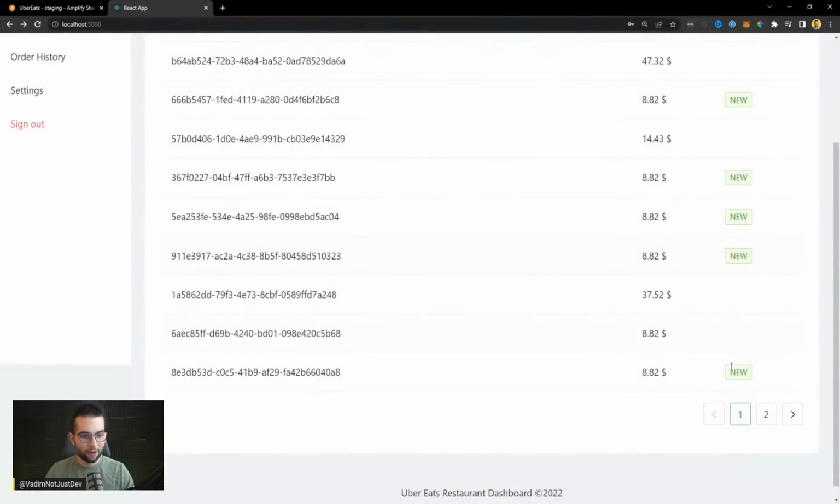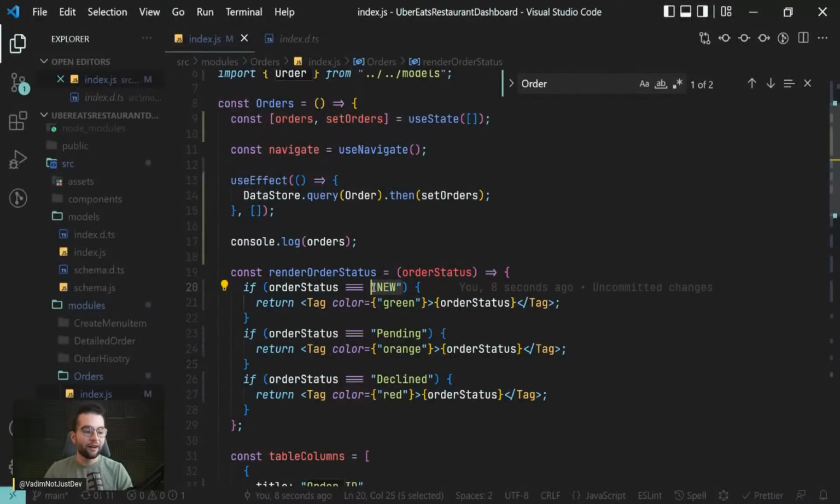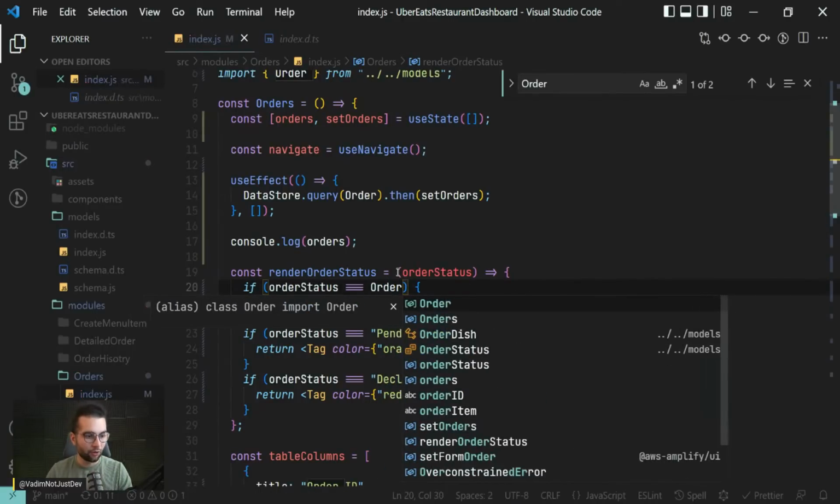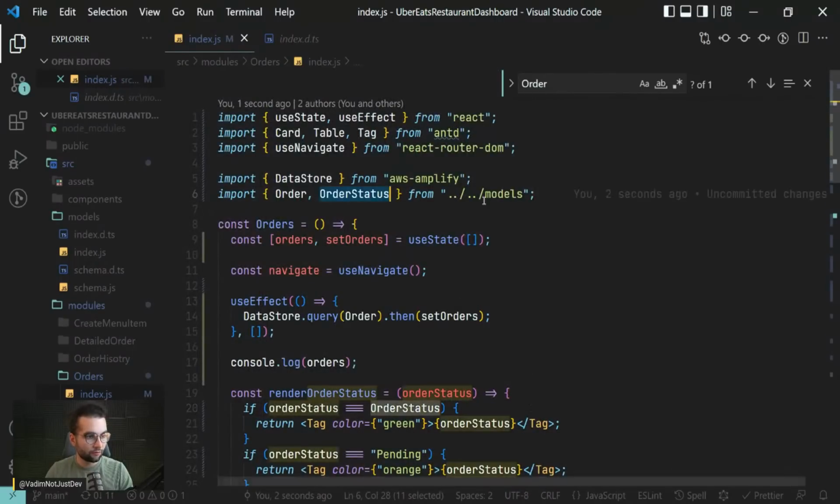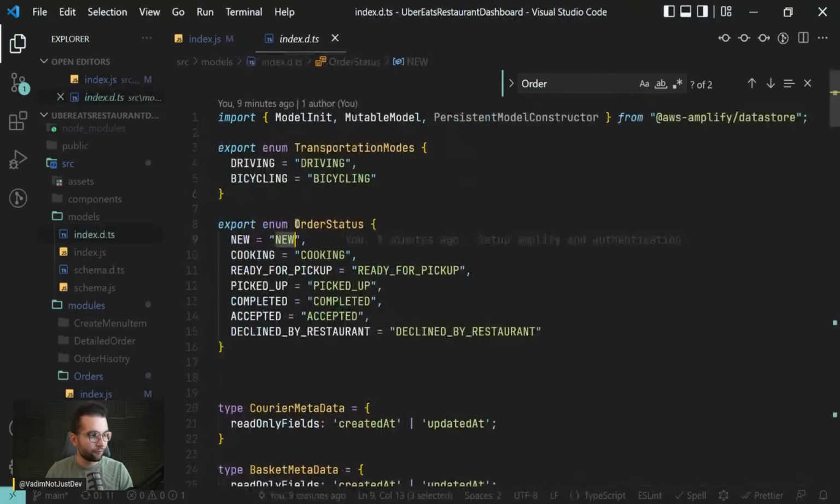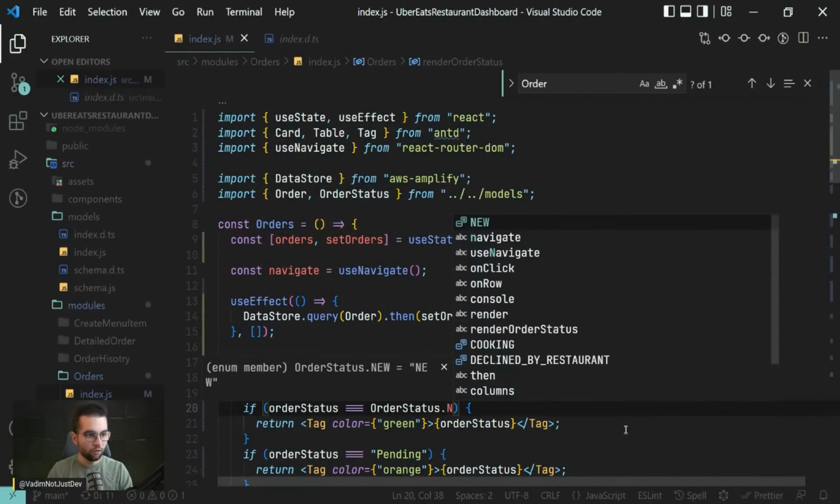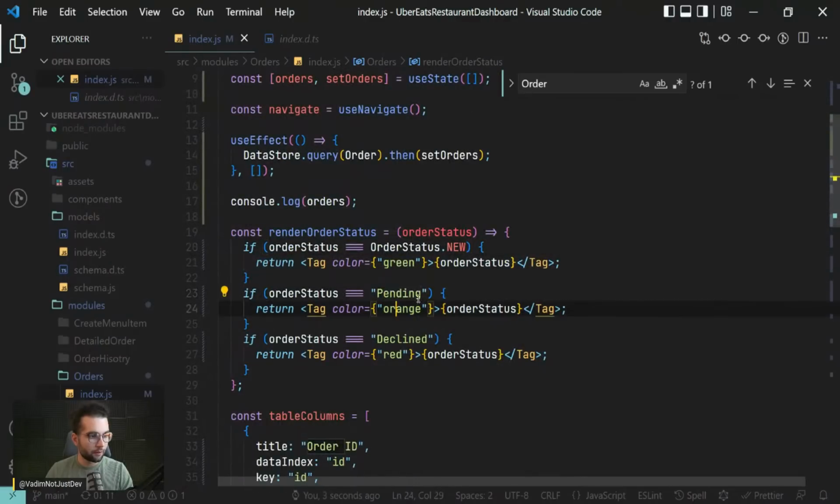and we see a couple of them appeared with a green. But instead of providing them as a string, we can do better. We can actually access it by doing OrderStatus, which was automatically imported from the models, this enumeration, and we can simply say OrderStatus.NEW, is this one with green, for example,